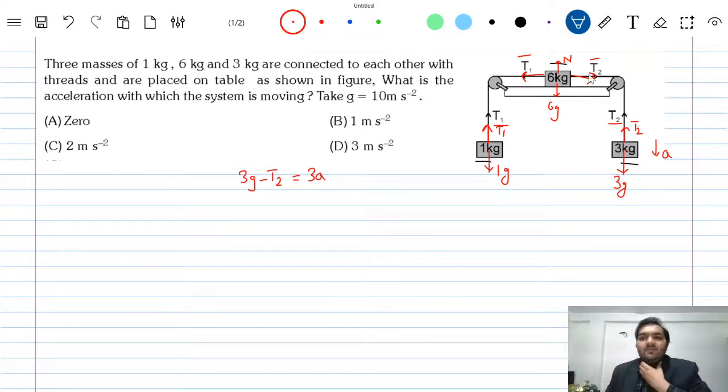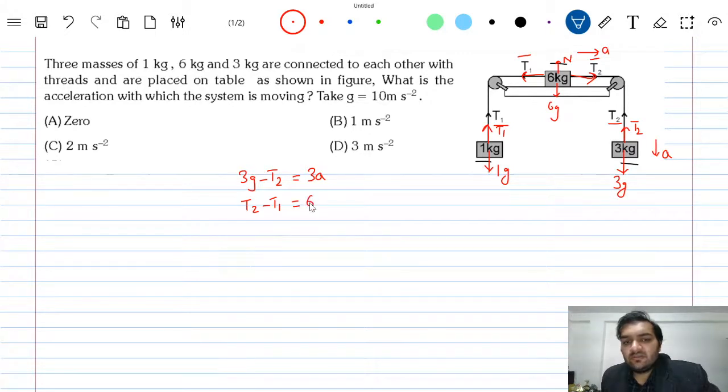On the 6 kg block it will be T2 minus T1 is equal to mass into acceleration. Since this will be moving in this direction, this will be equal to 6a. On the 1 kg block, T1 is upwards and 1g is downwards, so this will be T1 minus 1g is equal to